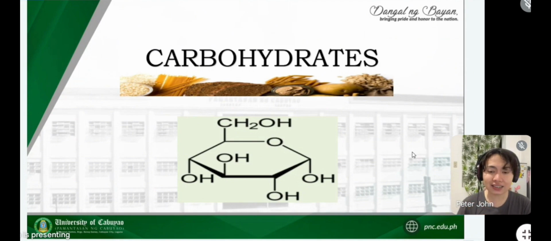So, let's start with carbohydrates. Carbohydrates, mas kilala siya bilang asukal. Yung pinakasimpleng tawag sa kanya, asukal. Carbs, carbohydrates. This one is its chemical structure. So, kung titingnan natin mabuti, under siya as organic, kasi nga, may carbon and hydrogen siya sa structure. Ayan o. Carbon and hydrogen. So, automatically, organic siya agad kasi magkakasama yung dalawa.